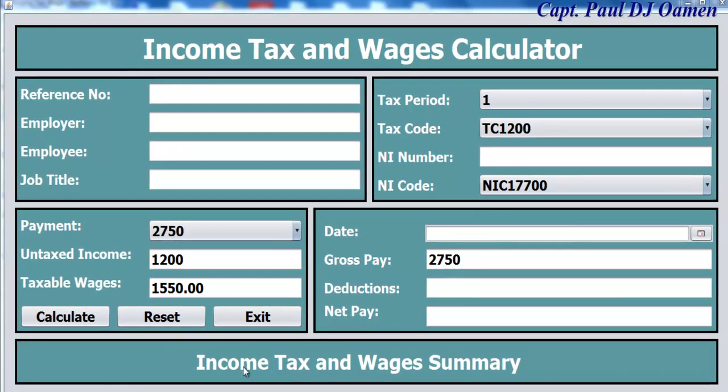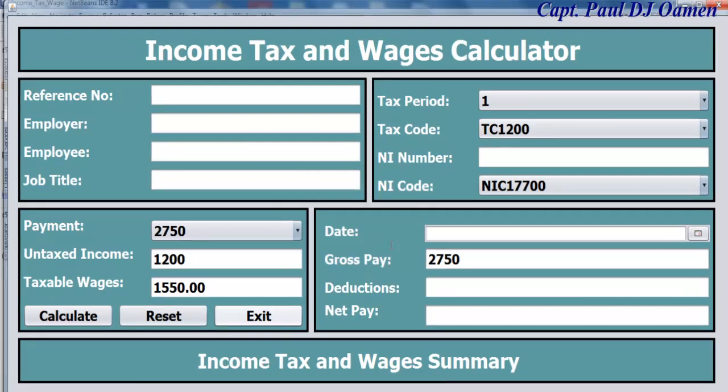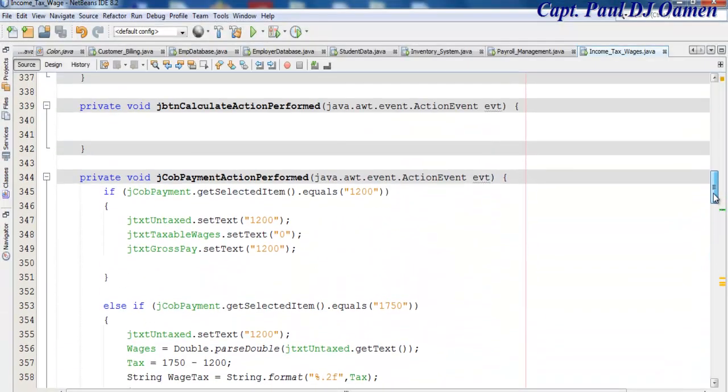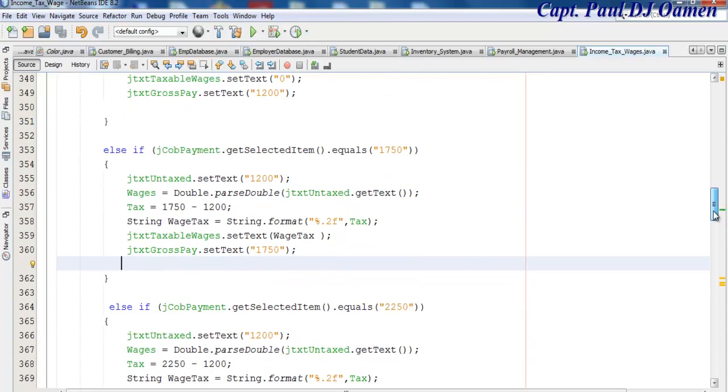Okay, another idea is for me to just work out the deduction and then finally just write 2 lines or 3 lines of code to get this working. So I'm going to exit out and just let's go in straight into the codes. Okay, right here, okay, this very code right here we do. So